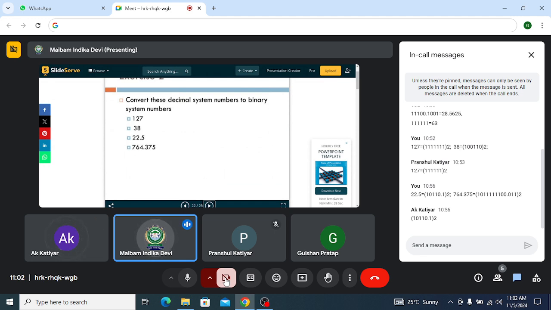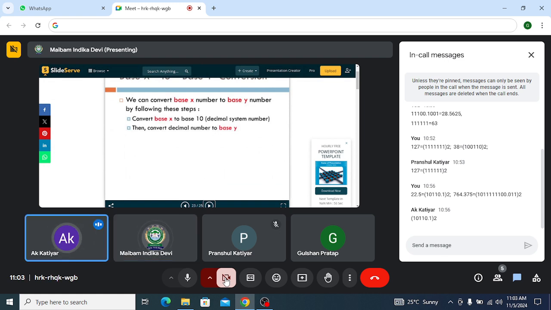Now, if the left hand side and the right hand side both are not decimal values, suppose you want to convert from octal to hexadecimal, we haven't done that. To do so, if you are given a base x number and want to convert to another base, the easiest process is to convert that base x number first to a decimal value. Once you get a decimal value, you can easily convert to any base system because we have done it. We have seen it right now. Right?